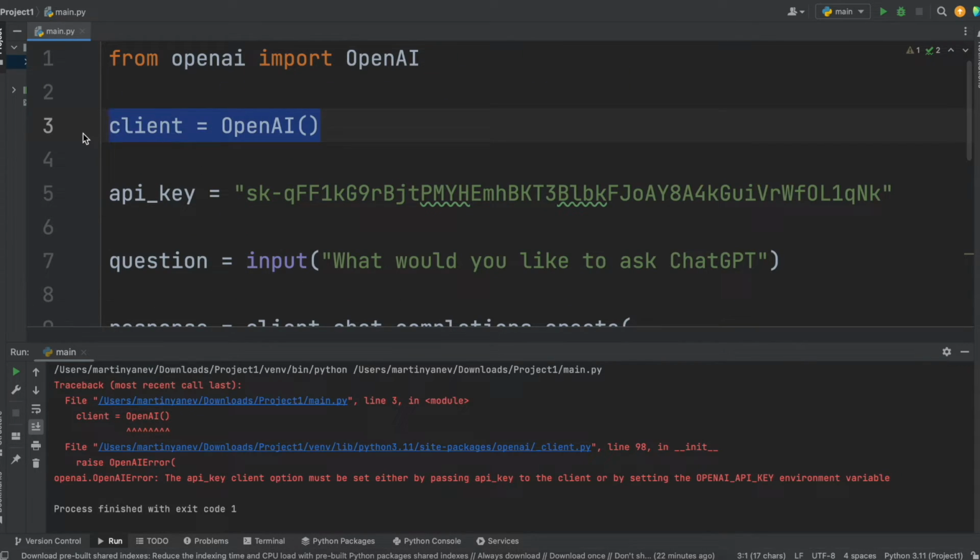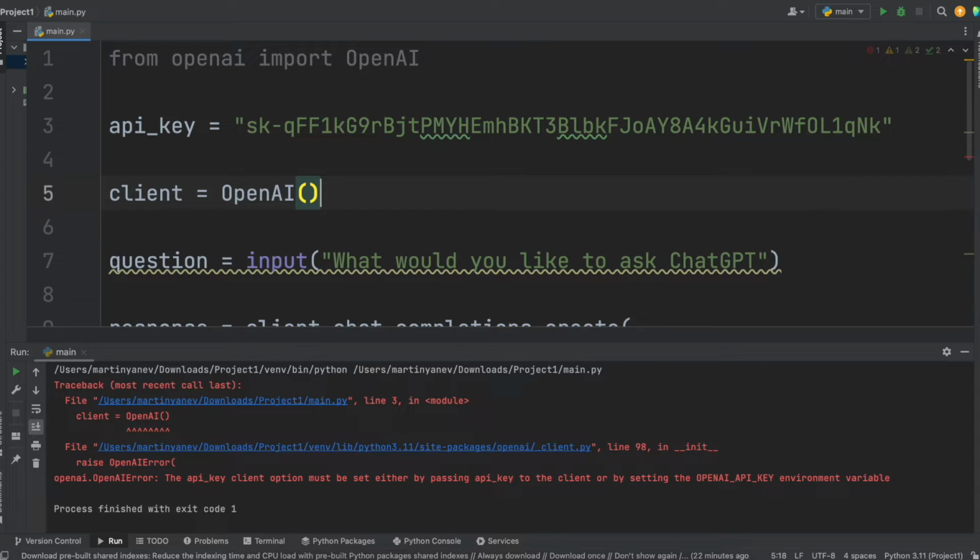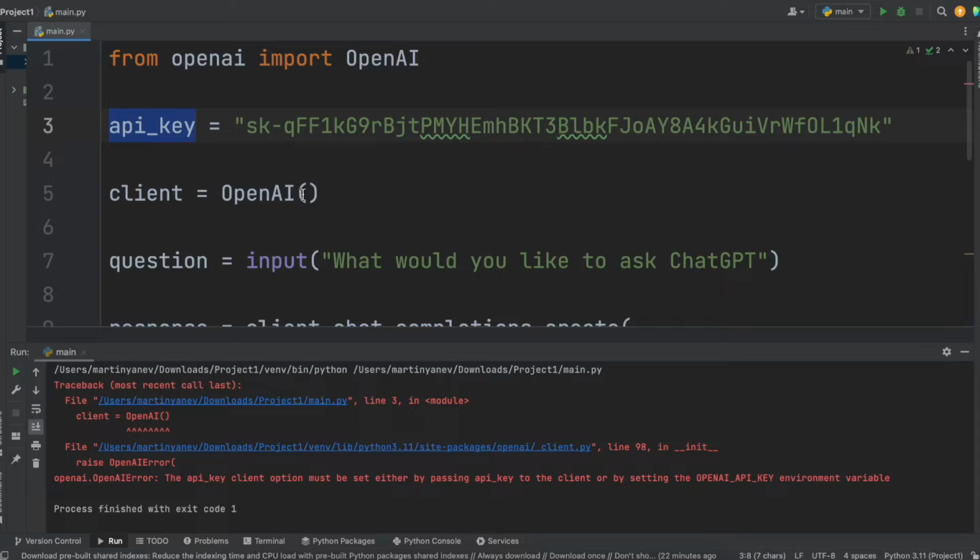So what we're going to do here is I'm just going to put the API key above, and we're going to put the API key inside this function, OpenAI, right? Let's see if this is the right. Yeah, and then